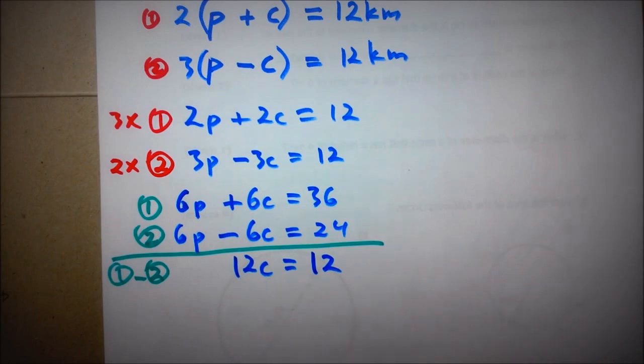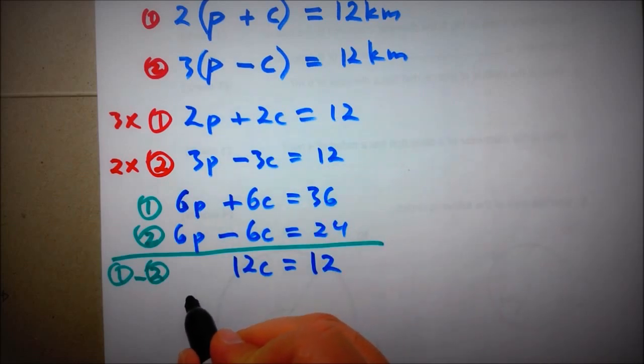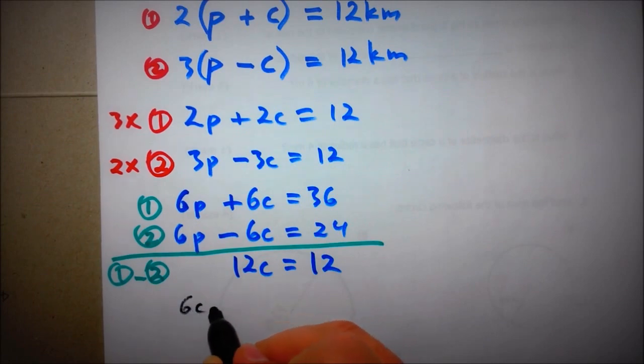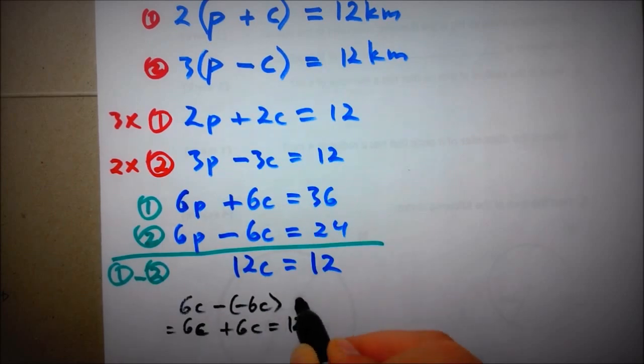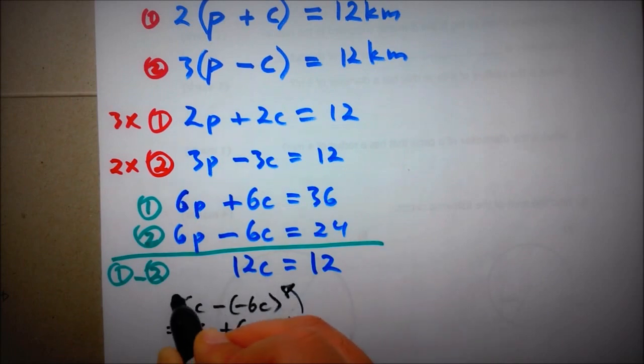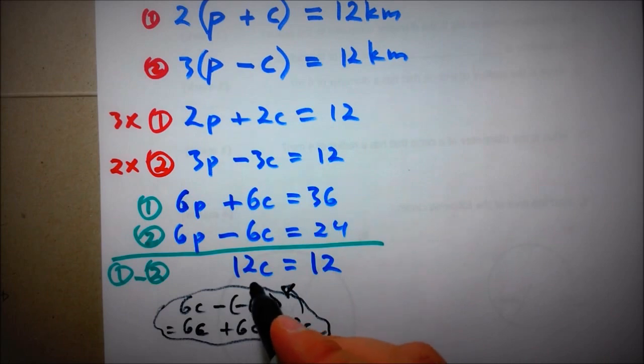In case you're wondering what we're doing here, remember your integer operations. What is happening essentially is the following. We're doing 6C minus negative 6C, which becomes positive 6C plus 6C, that becomes 12C. This is exactly what happened here. I don't know if I needed to show that, but in any case,